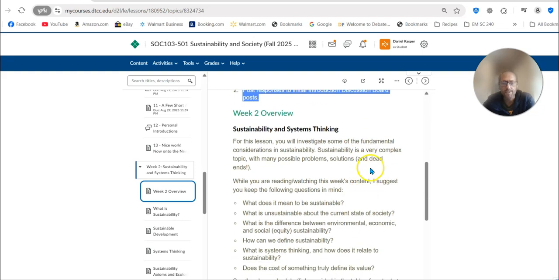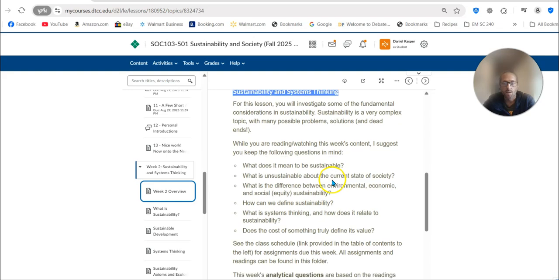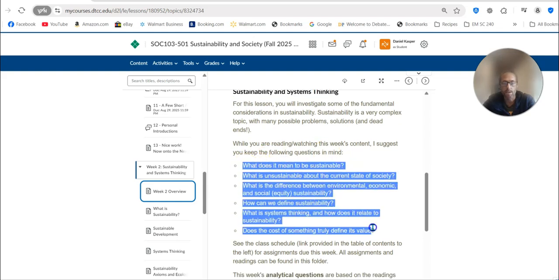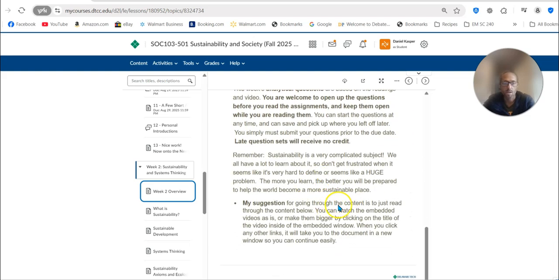Okay, and then I do provide an overview. So this week's content is about sustainability and systems thinking, very foundational, fundamental to the rest of the course. We'll be referring back to this content almost every week, if not every week this semester, in particular with regards to the three E's, which we'll go over in a minute, and systems thinking. I do post questions to help you frame your thinking. One way to think of this is you should be able to answer these questions after you're done with the content. Of course, there are many more questions that you will have answers to as well. And then any words of wisdom or final thoughts before you dive into the content.